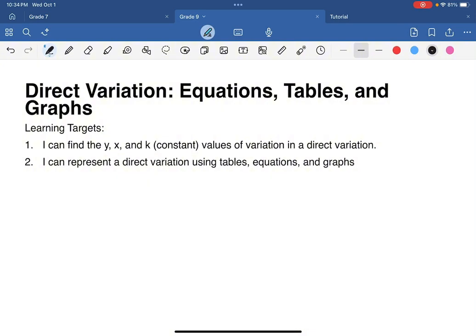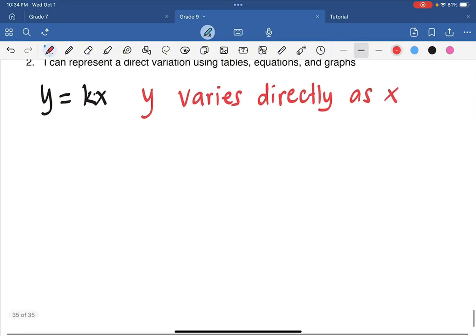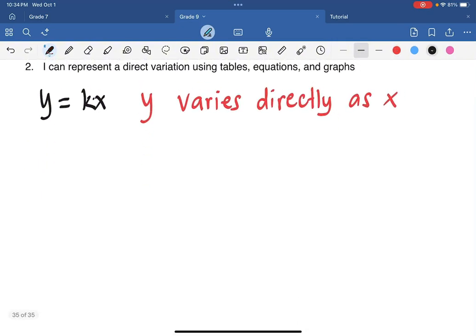Now, we need to remember that this is the form of a direct variation, and this is properly read as y varies directly as x. Now, for our first example, let us try to find the value of k given the values of